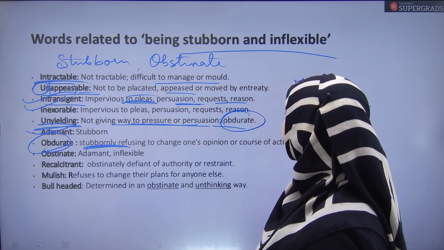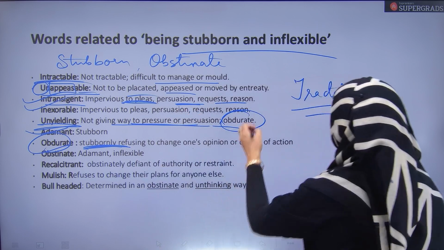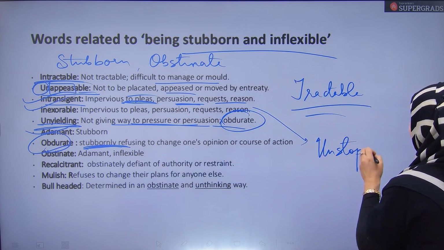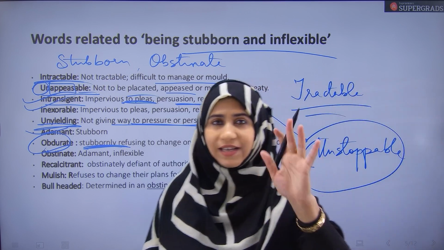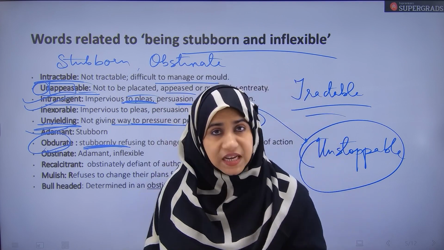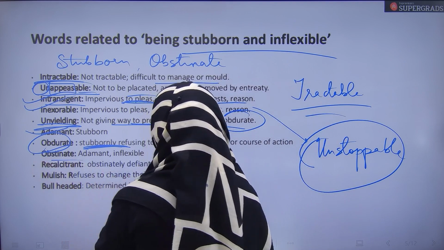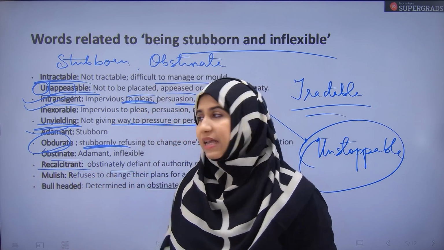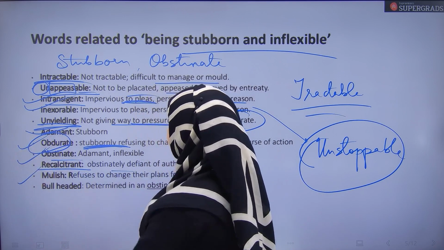Inexorable is also someone very similar to that, who is unstoppable. Inexorable, unstoppable, he digs in his heels: no, I have to do this, so I will do it, I will do it no matter what, then he doesn't listen to anyone. Inexorable can slightly have a positive meaning, depends on the context, right? Obstinate, we already know, stubborn. Recalcitrant, again, direct synonym. Recalcitrant, obstinate, obdurate, adamant, direct synonyms. Mulish,